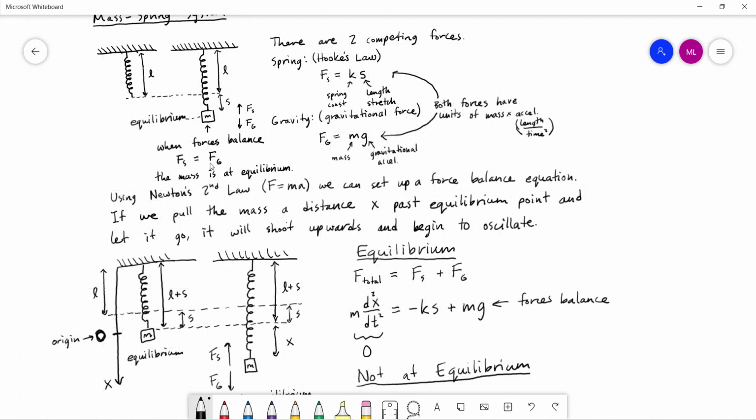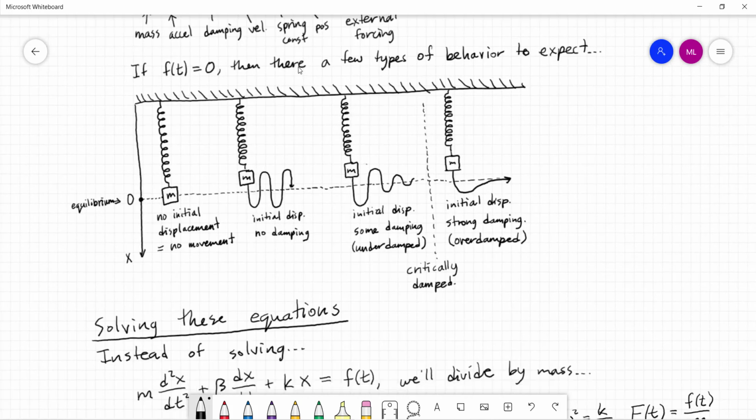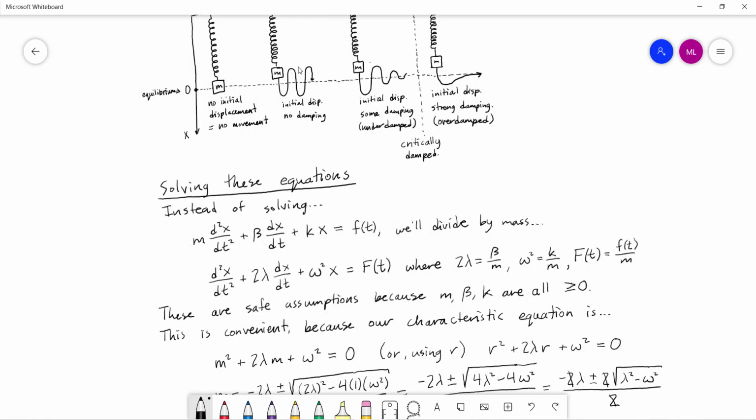We want to look at our system in its equilibrium position, where there's only two opposing forces: the force of gravity pulling down on it, and then the force of the spring pulling back up on it. And I'm going to use those to find our mass